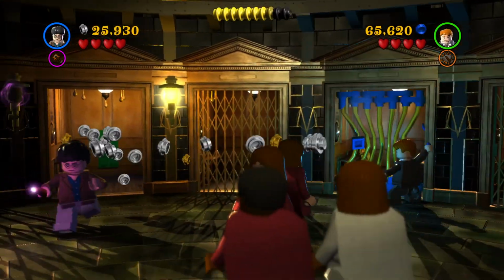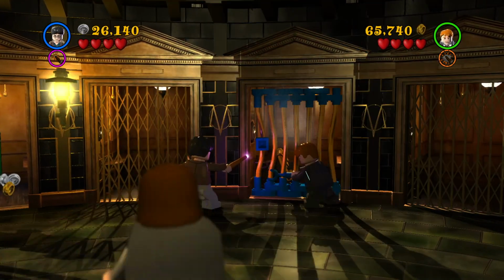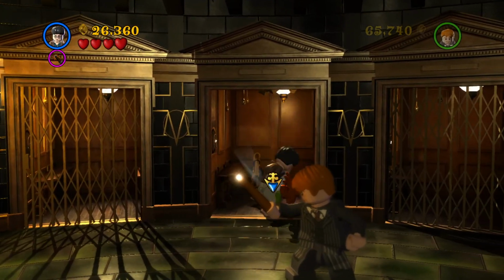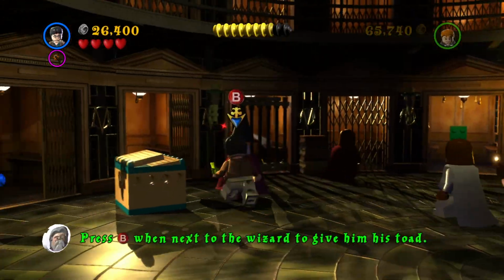because you can do a bit of stud 1P2C, and then drop him out once he's done fixing that. Once that falls over, you can open this up, grab the frog. You will get a bit of studs, but that's not...